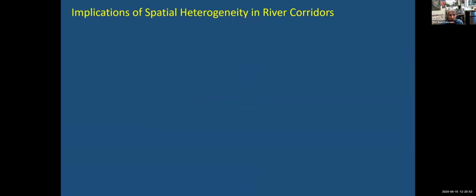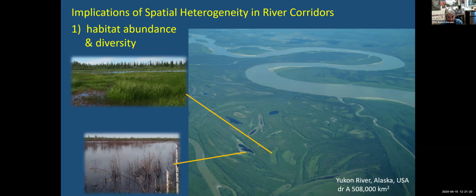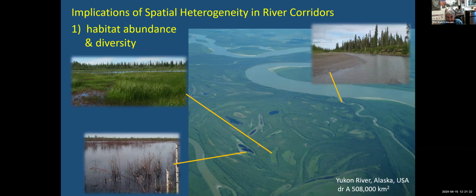The other thing, of course, you can ask is, well, fine, so what? Why do we care about spatial heterogeneity? Well, there are a series of characteristics that are desirable in many respects that derive from that patchiness. So the first one is just habitat abundance and diversity. Going back to this site that I've already shown you different images of, there are these floodplain wetlands that are mostly filled. There are floodplain wetlands with far more open water. There's the main channel, there's secondary channels. You can see a diversity of not so much topography here as vegetation, soil moisture, or wetness levels.